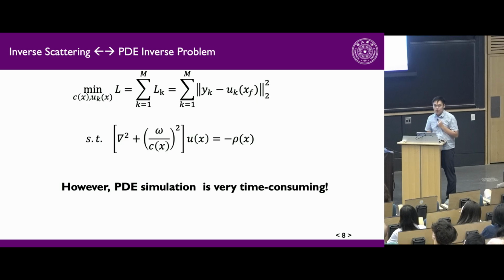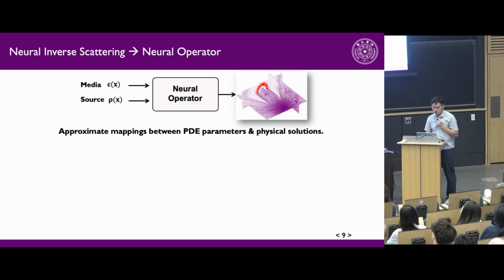This brings us to our solution. Recently, we have been exploring techniques to combine the efficiency of neural networks and the accuracy of PDE modeling to achieve quasi real-time FWI in biomedical applications. This technology is called the neural operator, which learns a surrogate model from the parameters to the solutions. It has already shown promise in fluid mechanics, and compared to traditional numerical solvers, it is generalizable, fast, and stable.